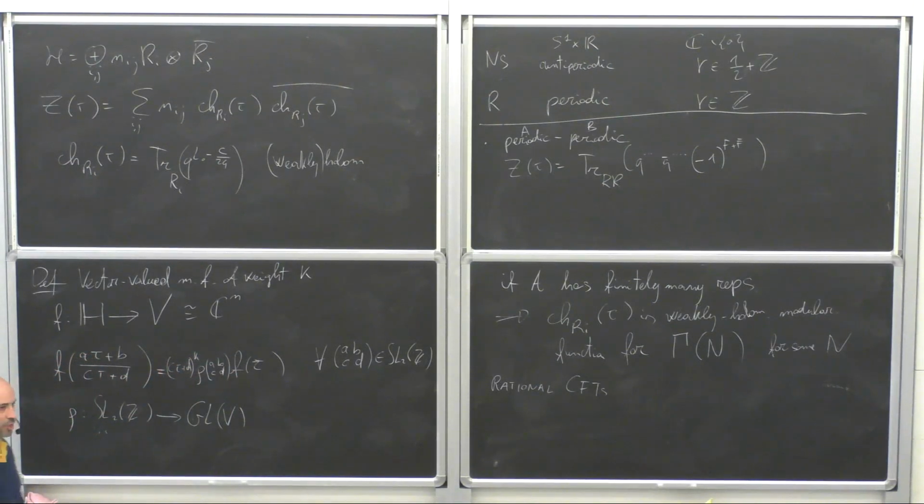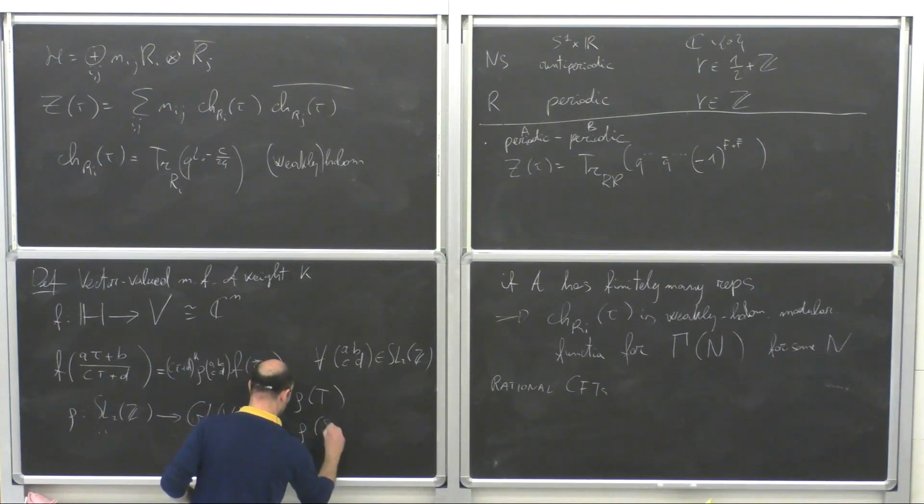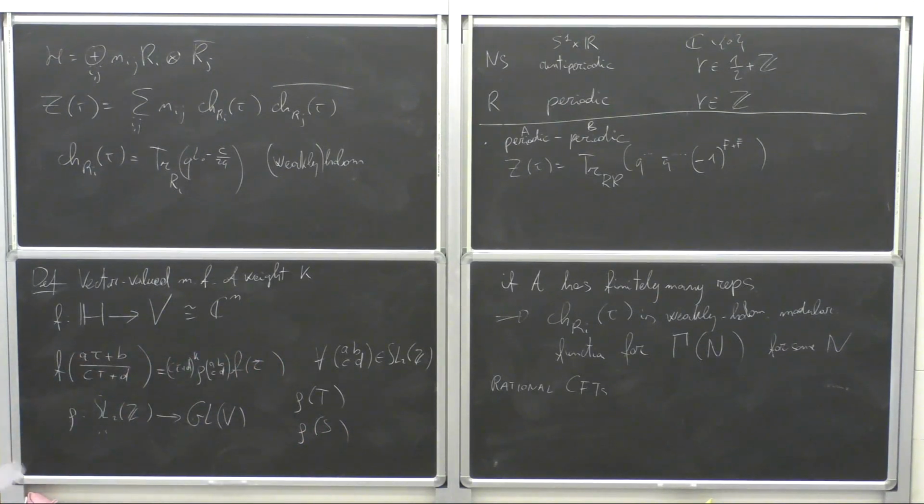And since SL(2,Z) is only generated by the S and T transformations, you just have to tell me what is rho of T and what is rho of S, and then I will know what kind of representation it is. So what happens is that